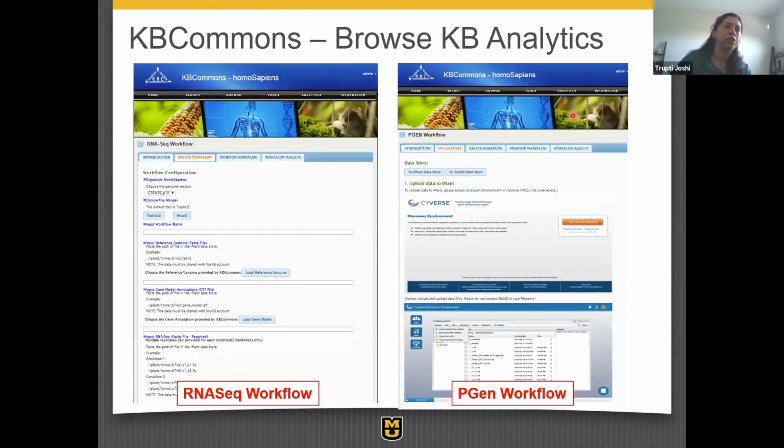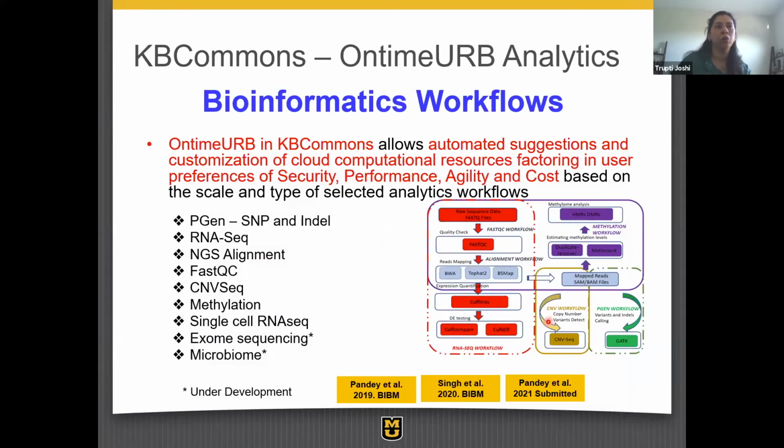The other piece that did not exist in SoyKB earlier is that we allow analytics. If you want to do your own transcriptome analysis, like gene expression from next-gen sequencing, or you want to call your own SNPs and indels for any line that you did whole genome sequencing on, you can use our analytics pieces so that our analysis will run on XSEDE or CyVerse's infrastructure and our local computation at MU. All you have to do is bring in your files, tell us what analysis you want to do, and it will run on our machines and give you access to all of the results, which you can again bring back to your KB Commons organism or KB that you might be working with.